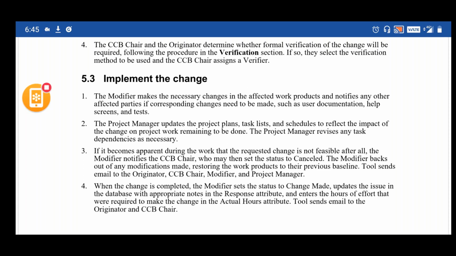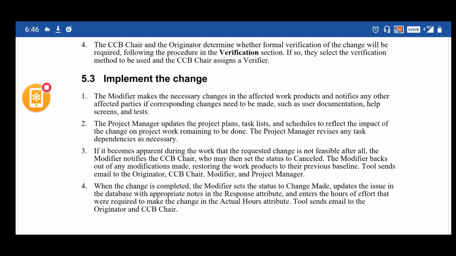So once the developer makes the changes, they will also inform the respective people, other teams, about what other subsequent systems the change has to be implemented in, and also the user documentation. Accordingly, the project manager has to make changes to their project plans,